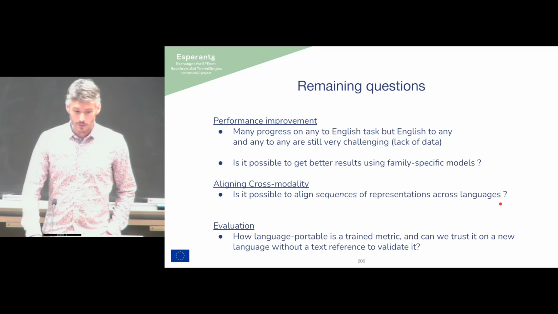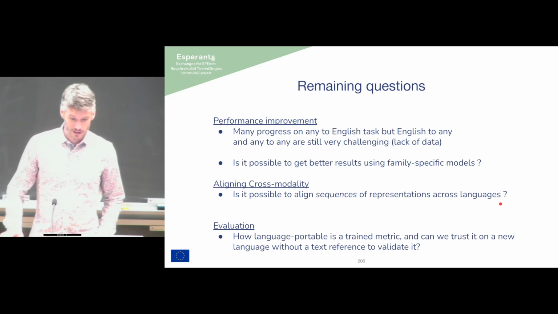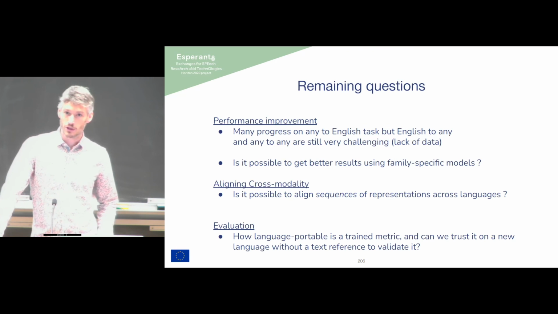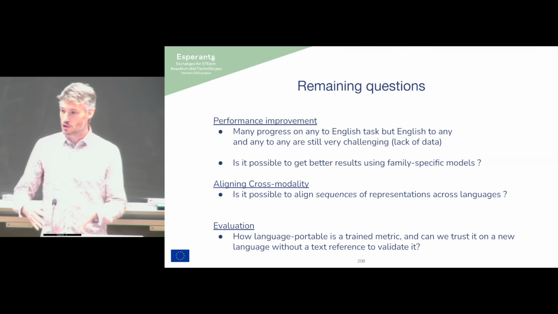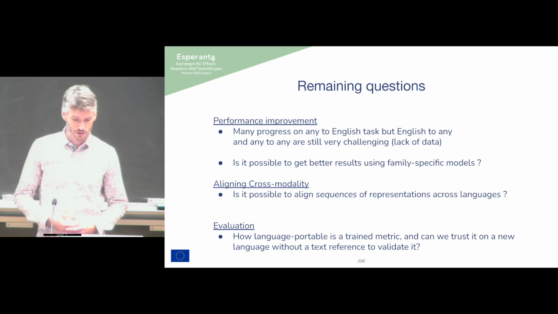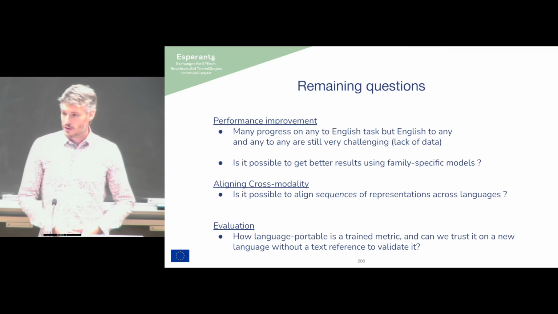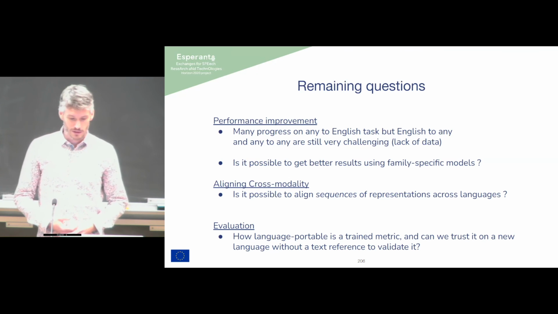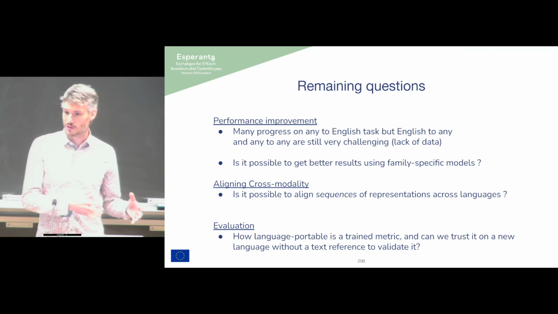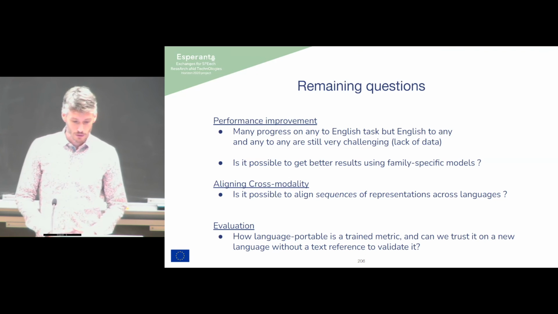We have a lot of remaining questions, and not only questions, but problems to address in the community, because we've seen much progress on the task of translation from many languages to English, and I think we have good results on this. But as soon as you want to generate in an under-resourced language, it becomes much more complicated because we don't have data. And obviously, we are in a domain that still relies on data. So if you want to generate, for instance, Tamasheq, it's more difficult than to translate Tamasheq into something else, due to the data.